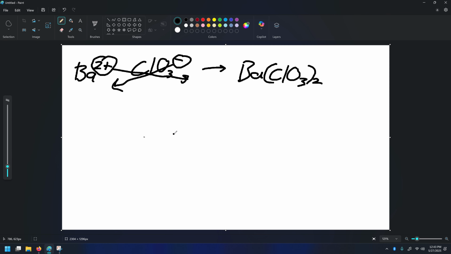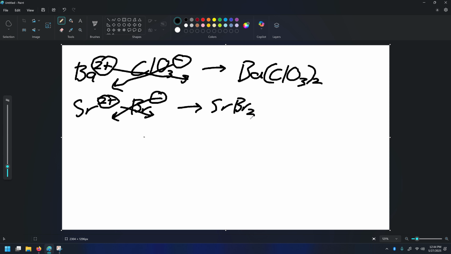Head over to my drawing here, and we're going to say we have Sr, and it was a 2 plus, and then we had a Br minus. You don't have to write the 1 with the minus. Ones are typically implied in chemical nomenclature. I'm going to do that swapping rule we saw in the last video, and that's going to help me really quickly figure out my charge here. We have now strontium with just one of those, and then Br, and it's going to have a subscript of